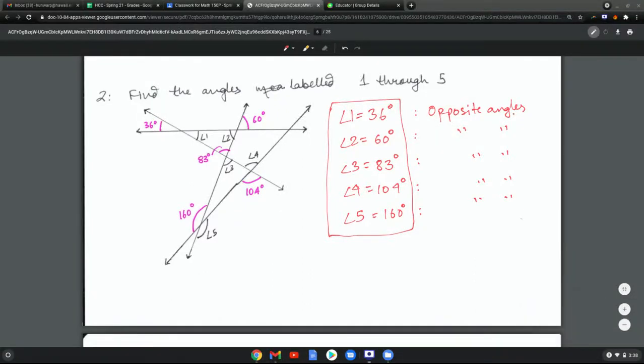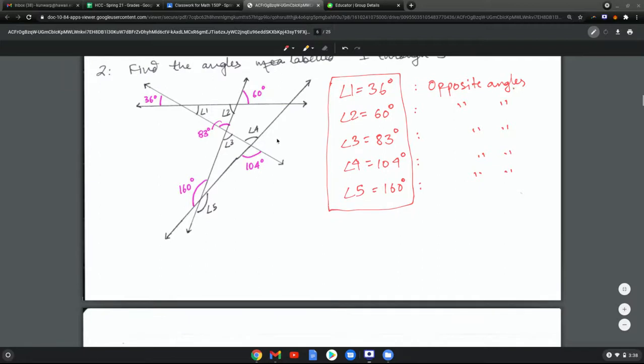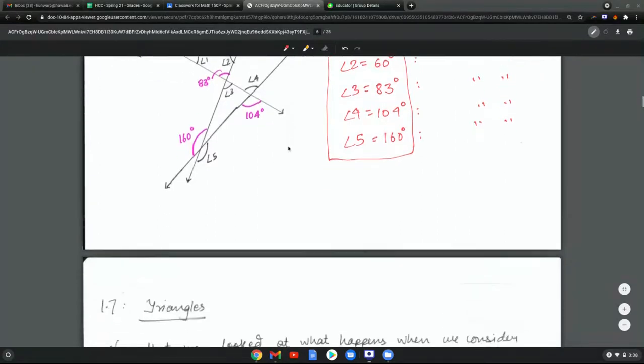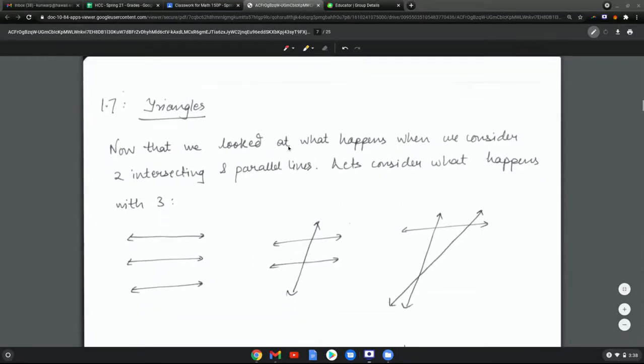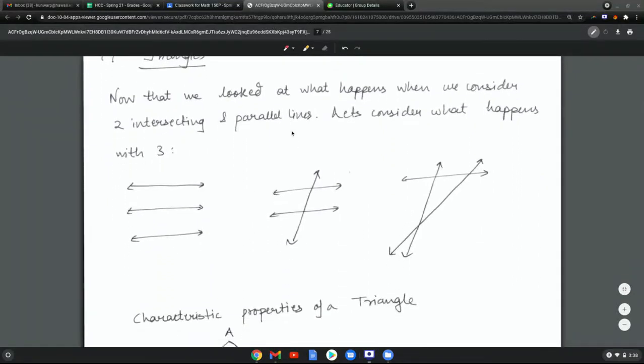In the previous three videos, we looked at angles, and the idea was that angles are formed when you consider two lines. So the next natural step is to think, well, what happens if I look at three lines? Now, if you were to try to draw three lines in all possible ways, there would be one of these three cases. You can either draw them all to be parallel to each other,